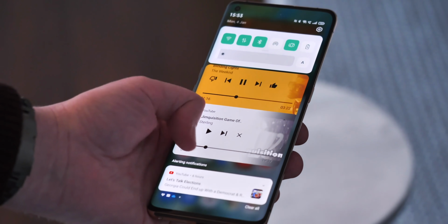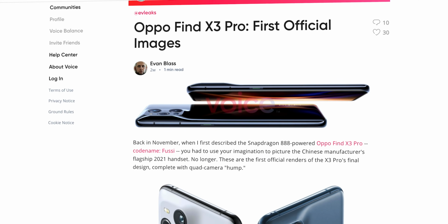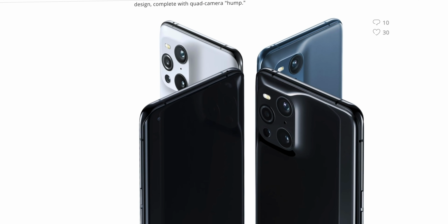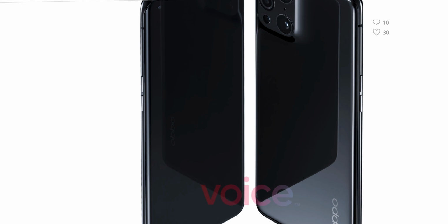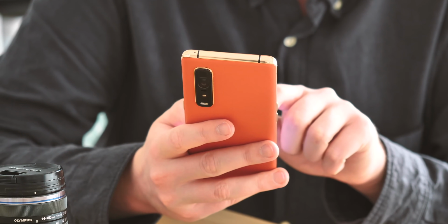So most of the reliable information we have on the Oppo Find X3 Pro comes from Evan Blass, aka EVLeaks, over on voice.com. Blass first leaked the basic specs of the Find X3 Pro late last year before following up more recently with leaked renders of the phone itself in a variety of colours. Let's get the nuts and bolts of the hardware out the way before we get to the really juicy parts